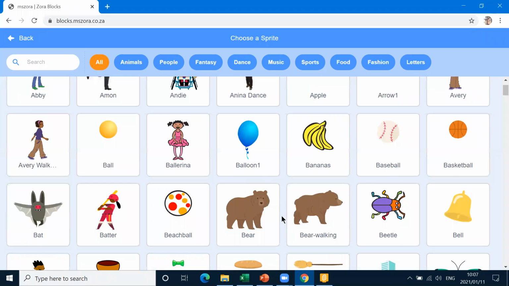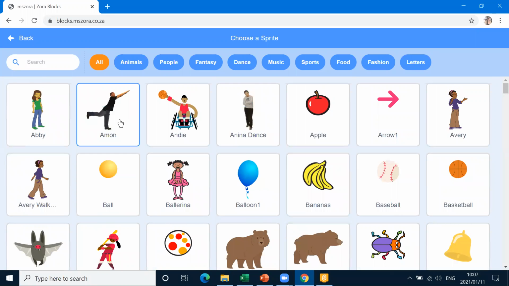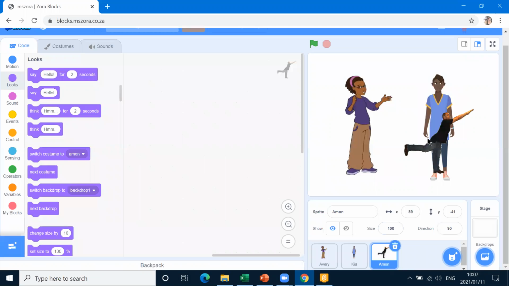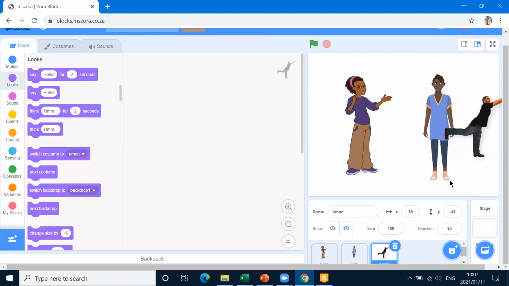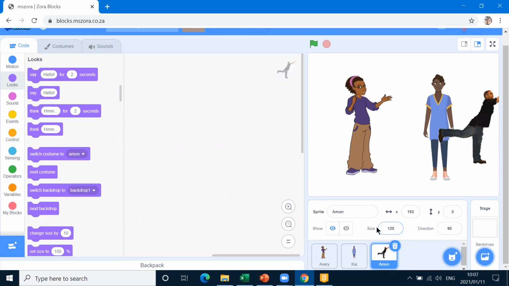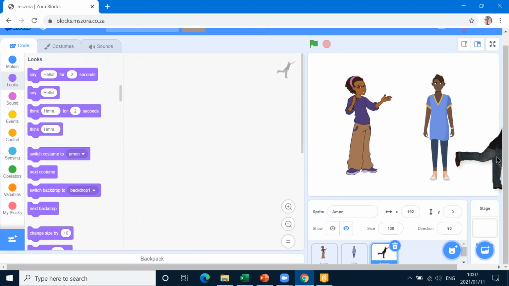Okay, well, the first one I can find. Right, let's say, make him a bit larger. No, he's doing something funny here. But maybe